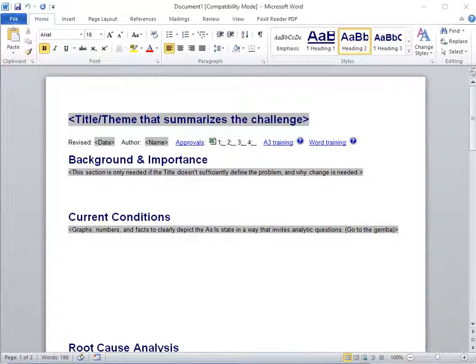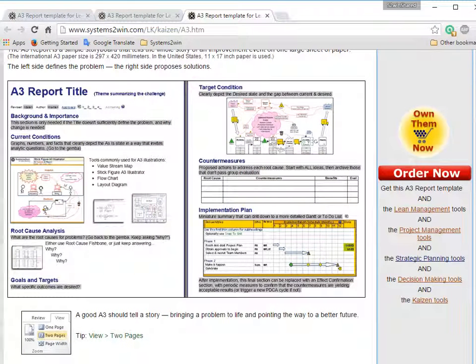Yes, the A3 report. That's one that we want to start using. I noticed that's the only Word template that comes as a free trial. Is that a good one to learn how to find help in Word templates?